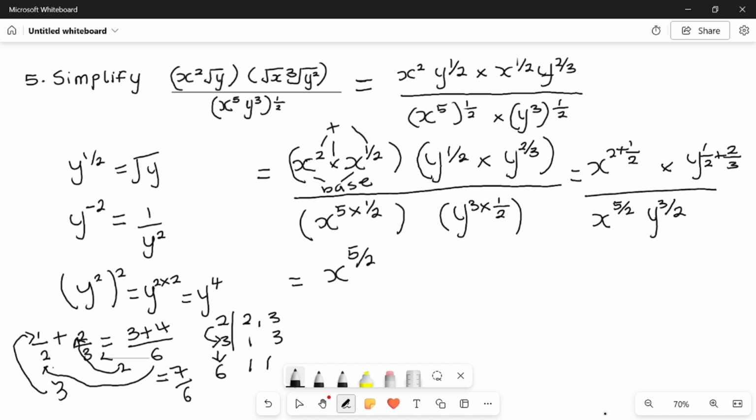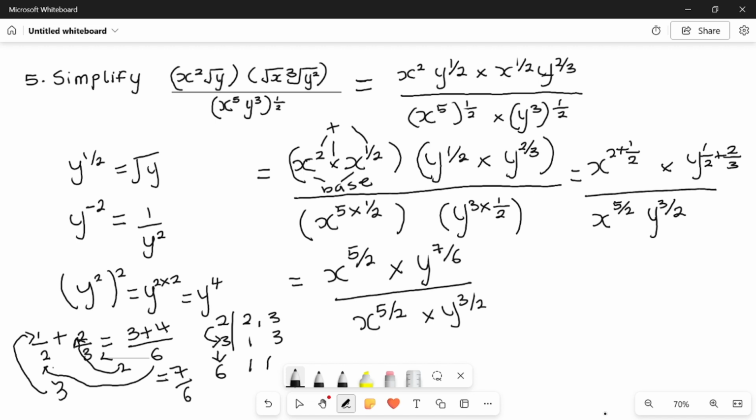So we have that times y raised to the power 7 over 6. Just like this. This is how we got 7 over 6. All over x raised to the power 5 over 2 and times y raised to the power 3 over 2. So from our